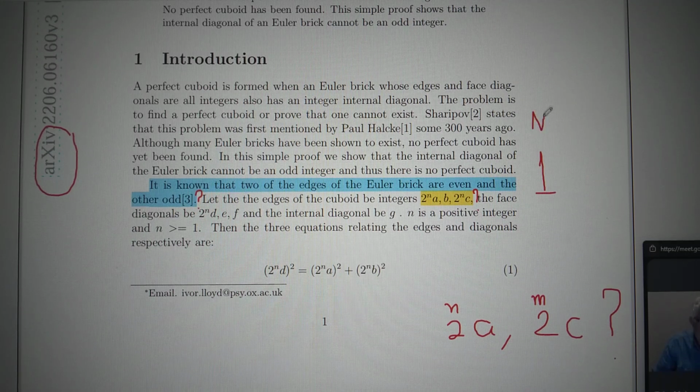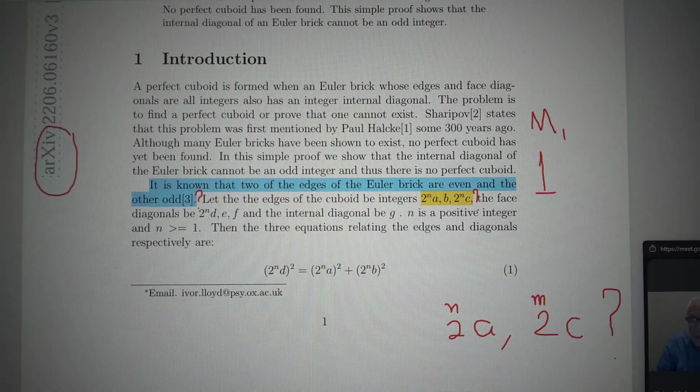Let me say M1. Okay, this is M1, one mistake. That means from here, suppose nobody looks at this, because the person depends on that and told that